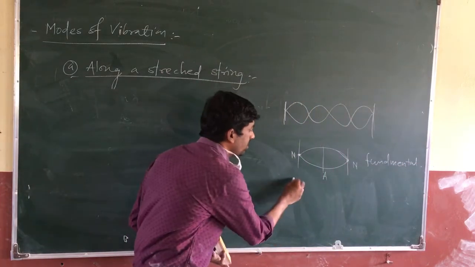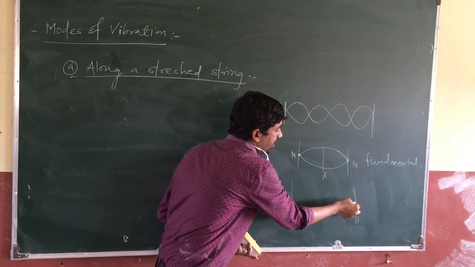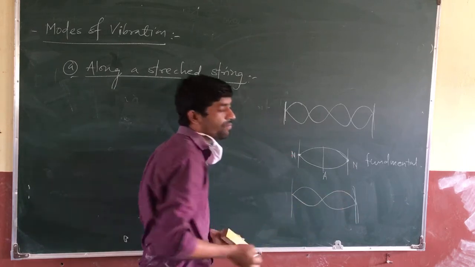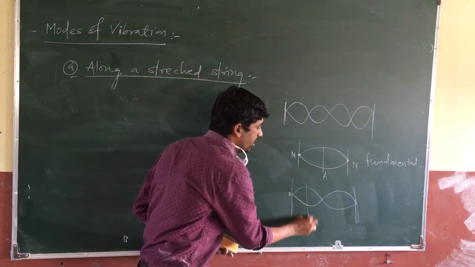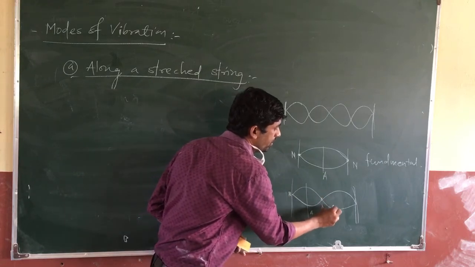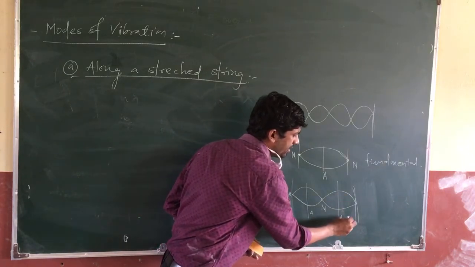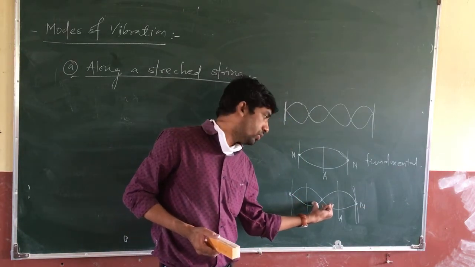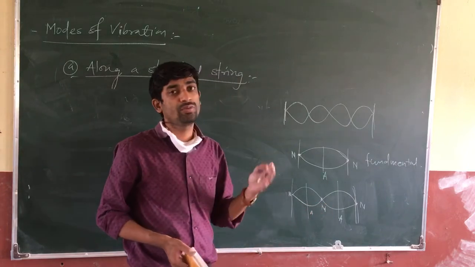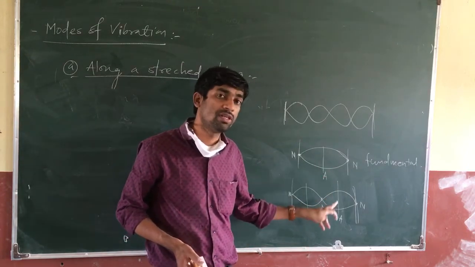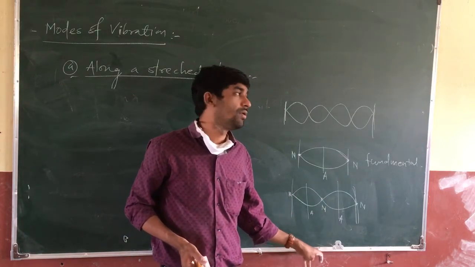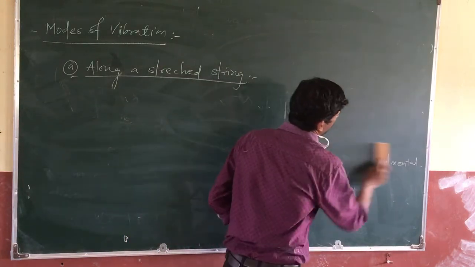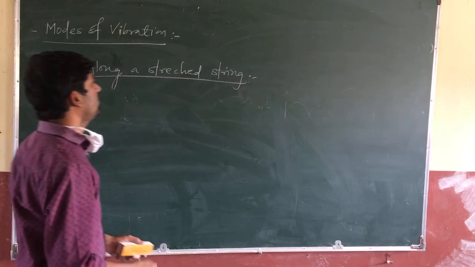So what is the second mode of vibration? The second mode of vibration means there are two loops. Here there is a node, here an antinode, here a node, then again an antinode, and here a node. So how many loops are produced? 2 loops are produced. If there are 3 loops, then we have the fundamental mode, first mode, second mode of vibration, then the third mode and the fourth mode. So first we will take the fundamental mode of vibration.